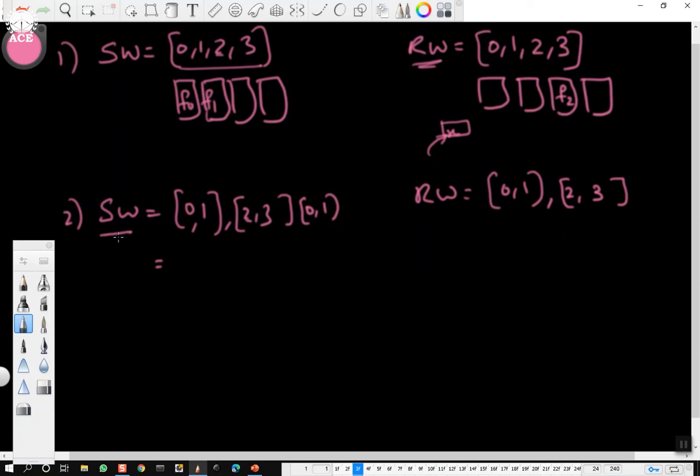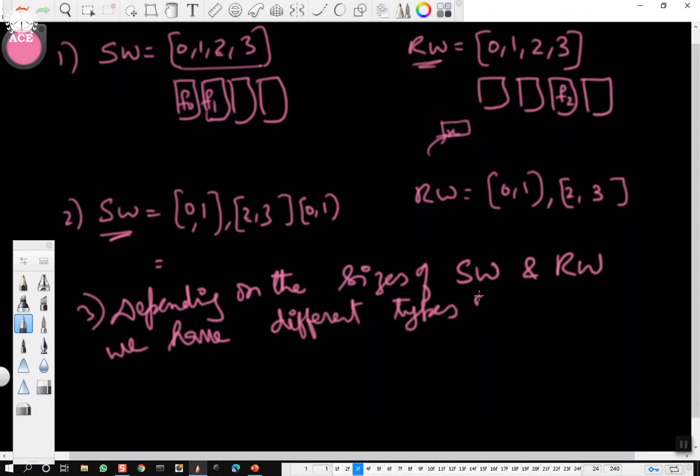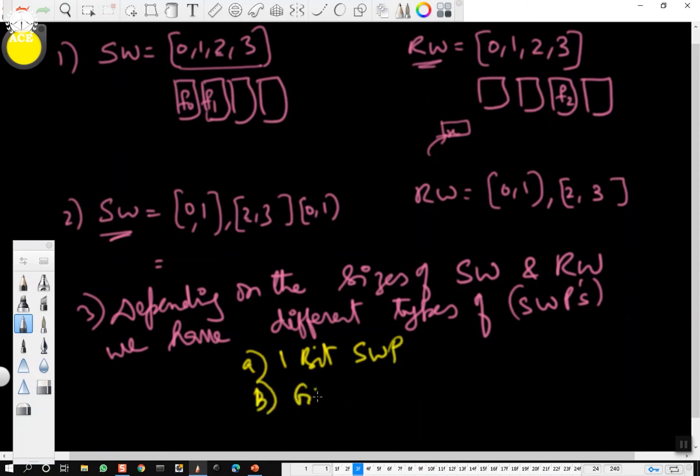Okay, so depending on the sizes of sender window and receiver window, we have different types of sliding window protocols, SWP. What are they? We discussed that. They are the 1-bit sliding window protocol, or the go back n sliding window protocol, or the selective repeat, SR,